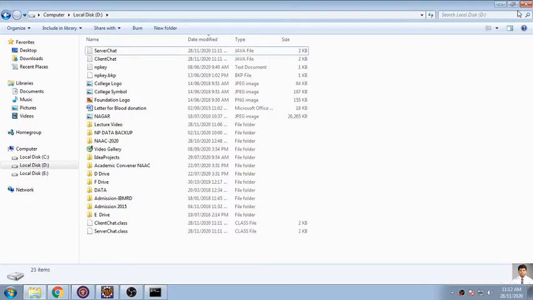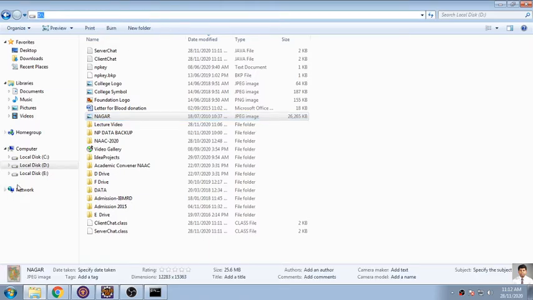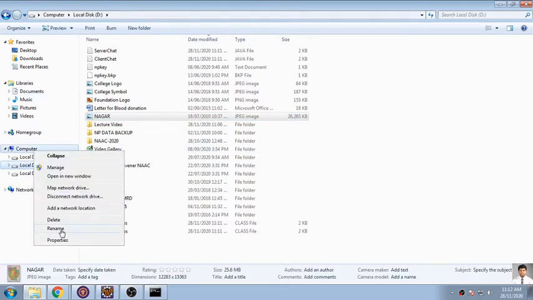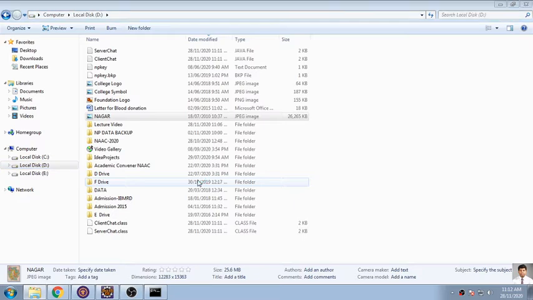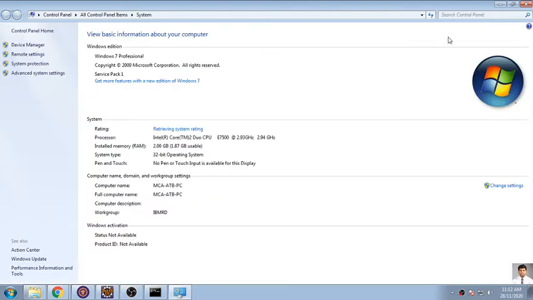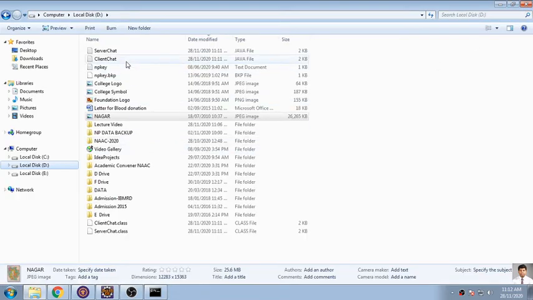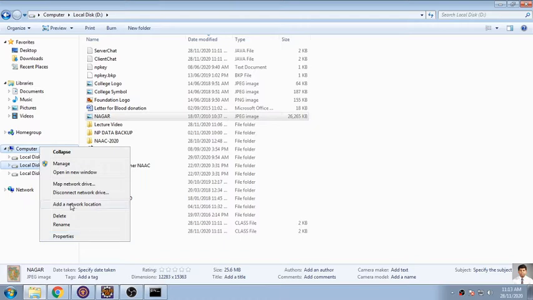Could not load. Okay, so this is a problem. I need to give the class path of this to my computer. Right click, properties. Okay, the compilation is not done, I think so. Okay, that is there, so let it be. Look, go for setting the path, the class path.